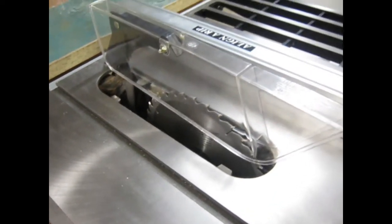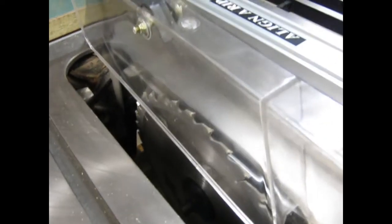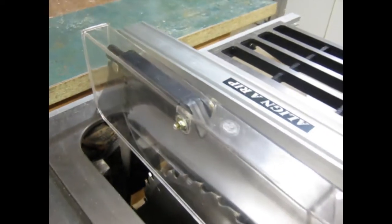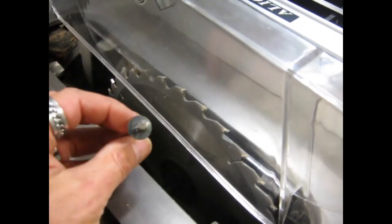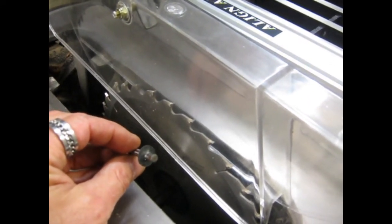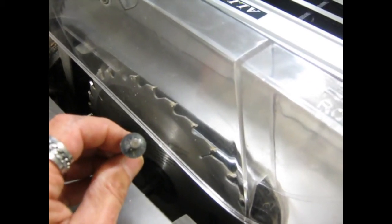So I've got the guard in place. I didn't do that on video because, to be quite honest, it was very difficult to get on. The guard, the anti-kickback blades and the riving knife are basically all one component. It was put together with these pins and these push nuts, so if you ever wanted to take the guard off, depending on the job that you're doing, as you can see, there was no way of getting that off